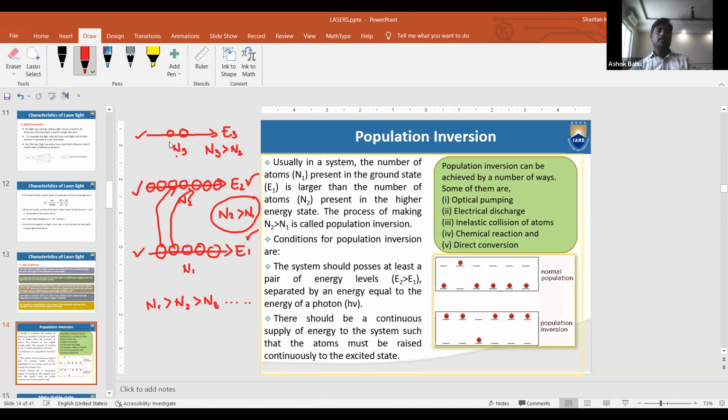Coming to population and population inversion: population is nothing but the number of atoms in a particular energy state. The usual occupation is like this. If N1 is the number of atoms in the ground state, N2 is the number of atoms in the first excited state, and N3 is the number of atoms in the second excited state, then N1 is always greater than N2 and N3, and N2 is also greater than N3. But when we achieve N2 greater than N1,